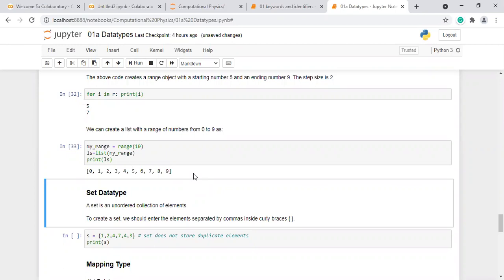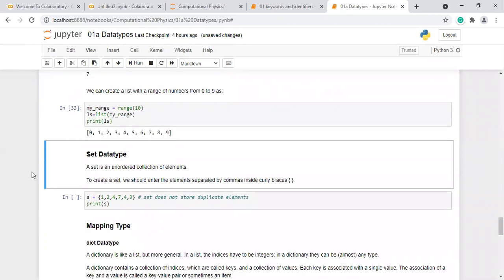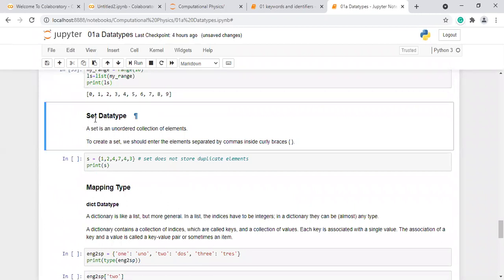Another data type is the set data type. In mathematics, a set is an unordered collection of elements, and the definition in Python is the same.